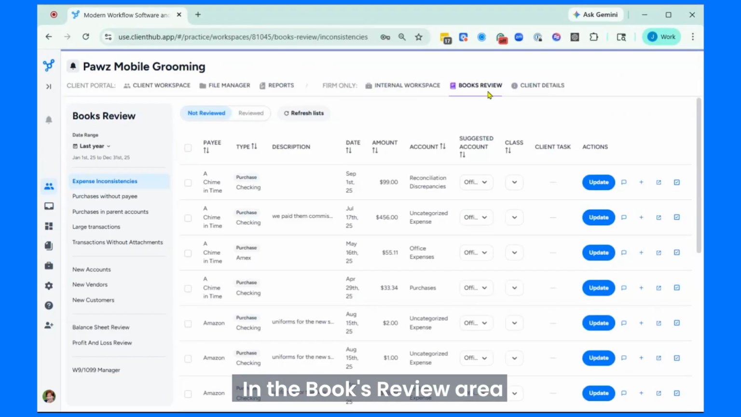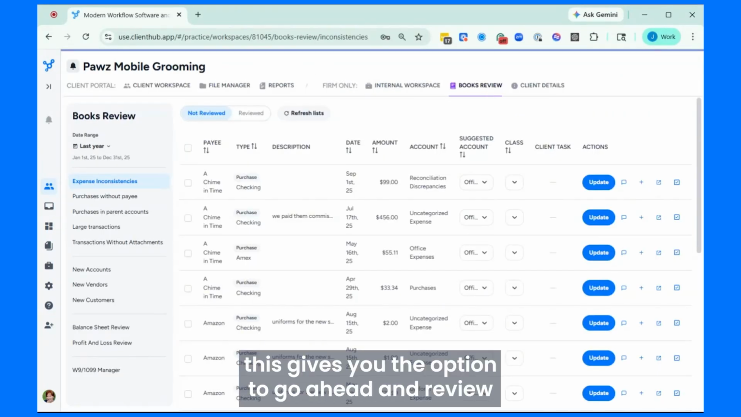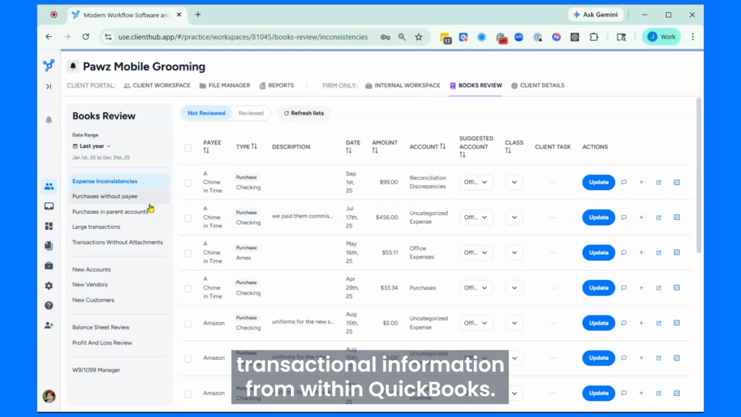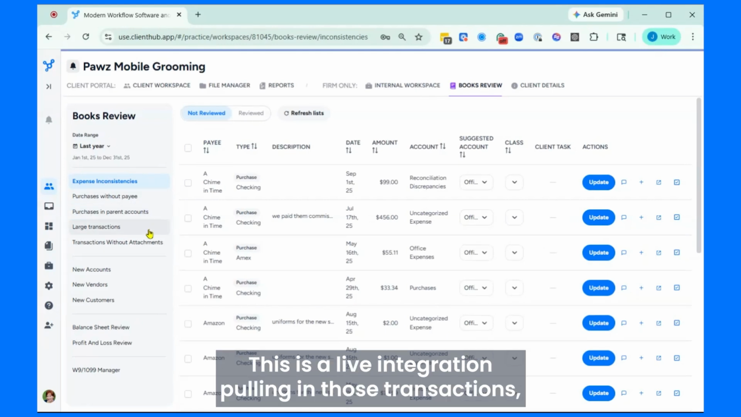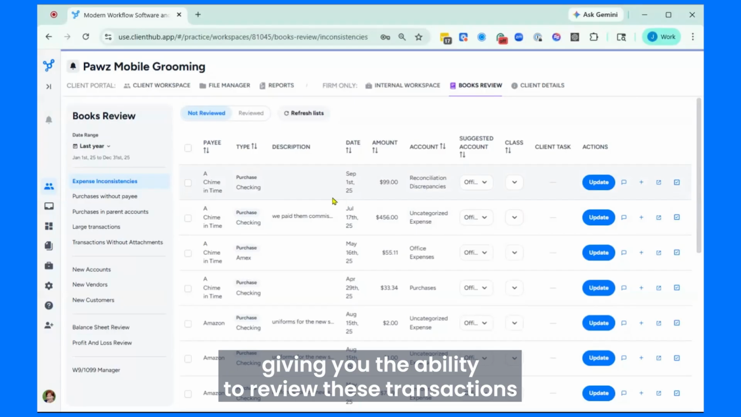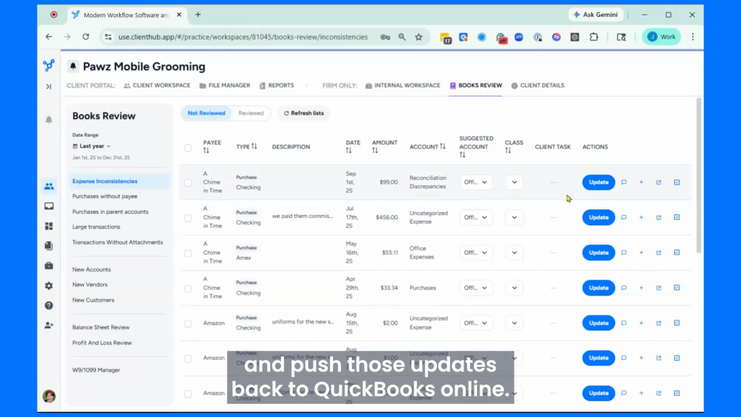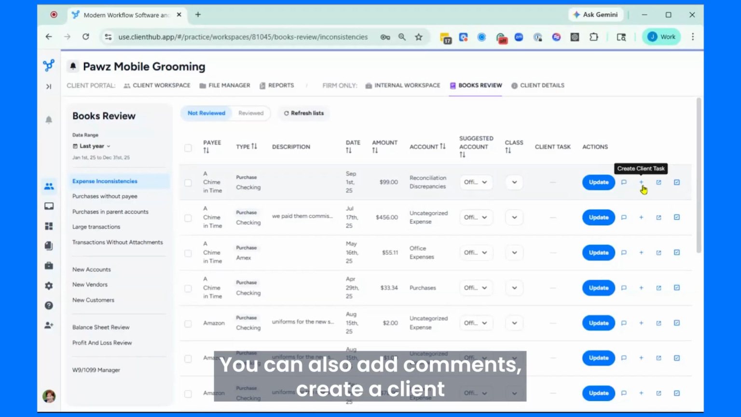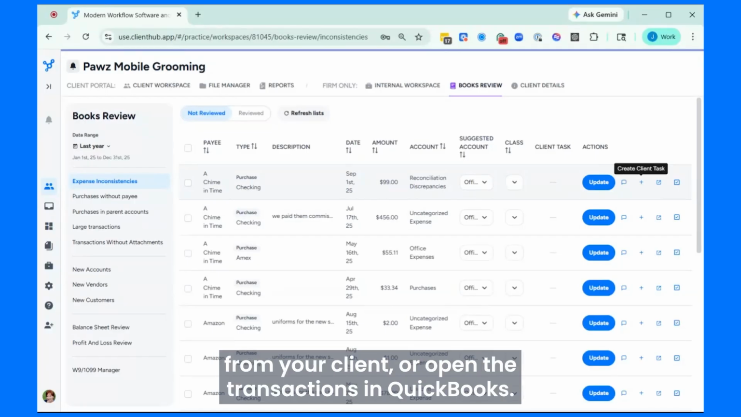In the Books Review area, you have the option to review transactional information from within QuickBooks. This is a live integration pulling in those transactions, giving you the ability to review these transactions and push those updates back to QuickBooks Online. You can also add comments, create a client task to get more information or assistance from your client, or open